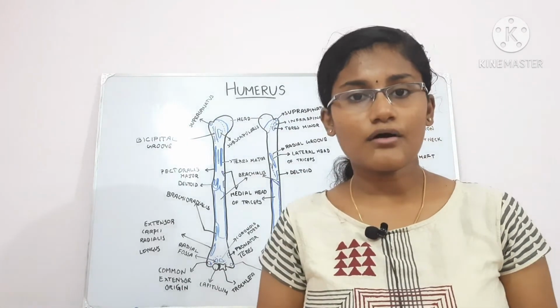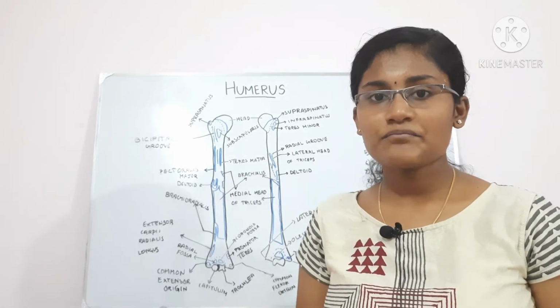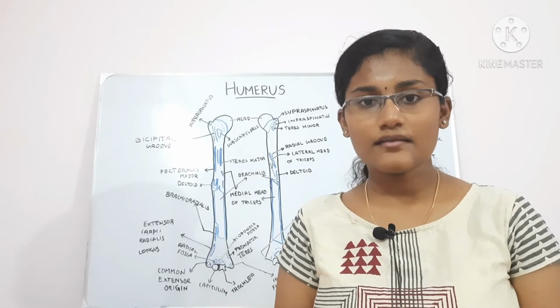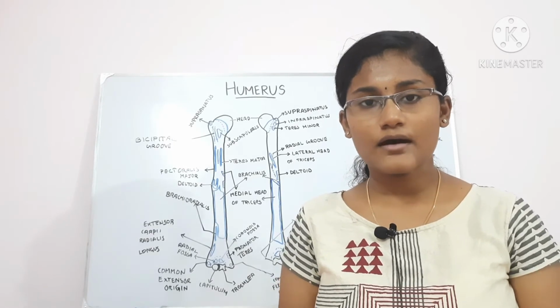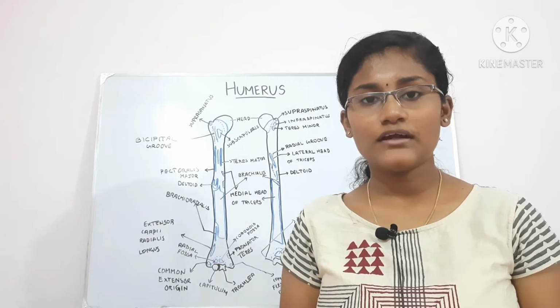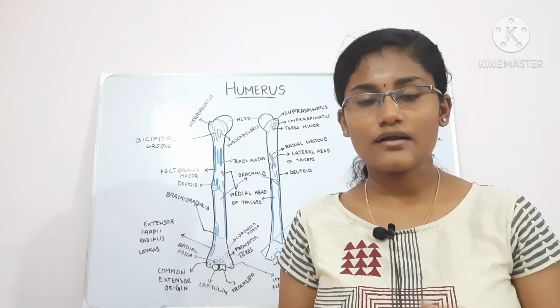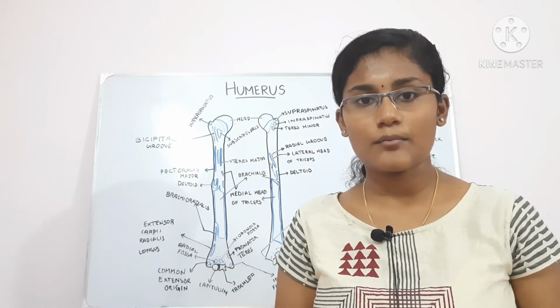Now let's talk about the anteromedial surface. The anteromedial surface on its upper end is very small and it lies between the anterior border and medial border. On its upper end, it is very narrow and it gives rise to the floor of the intertubercular sulcus. And on its middle, near the medial border, it gives rise to the nutrient foramen.